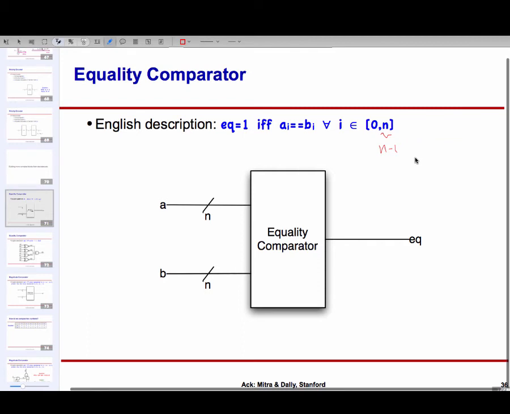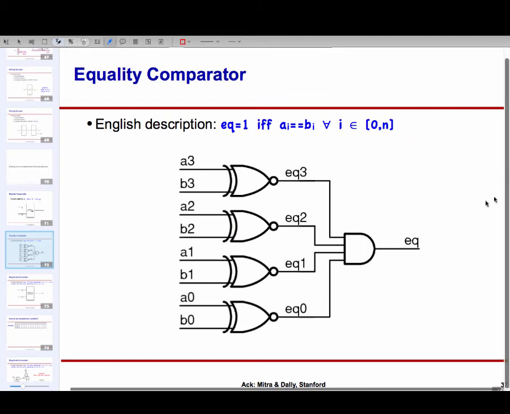Okay, so I can have an XOR for each bit. So I can have n 2-input XOR gates. I take their output. What do I do with them? AND them together, right? Sorry, we are looking at equality, so you'll use XNOR. So you'll take n XNOR gates and then AND them together. Does everyone see that? The XNOR function is an equality function, a single bit equality function. Those of you attempting problem number 8 can reason about some of those properties.